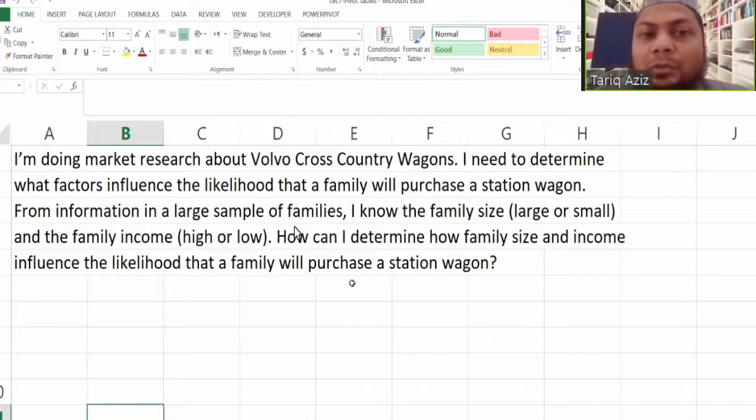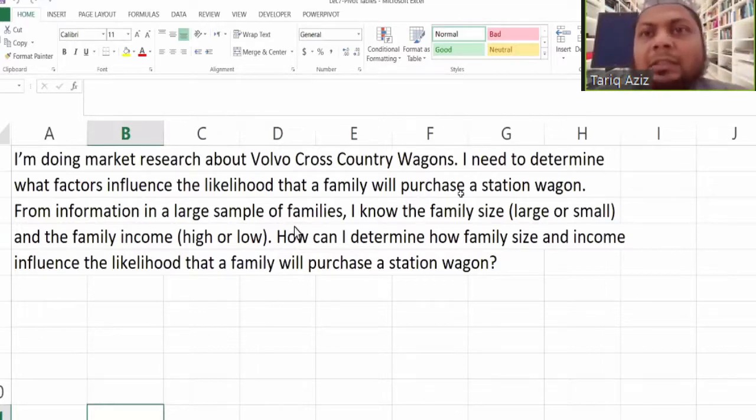So these are two data points: family size and income. A salesperson has collected these from the purchasers, the buyers of the station wagon.